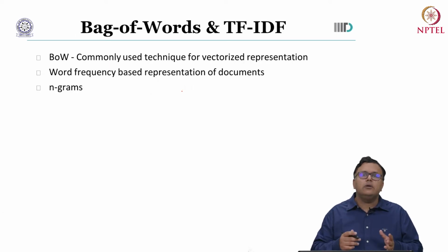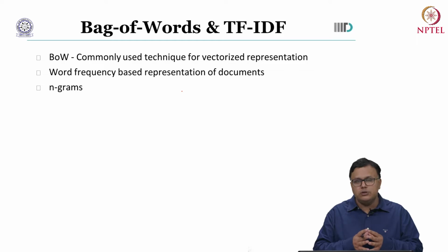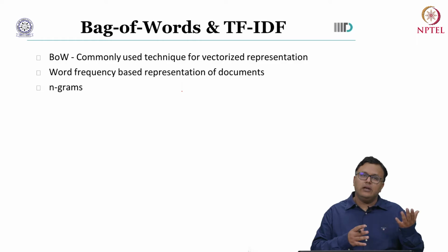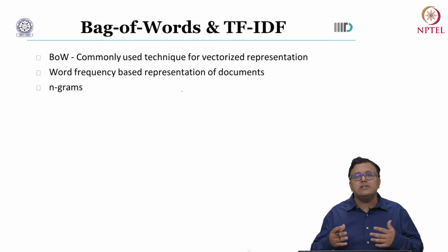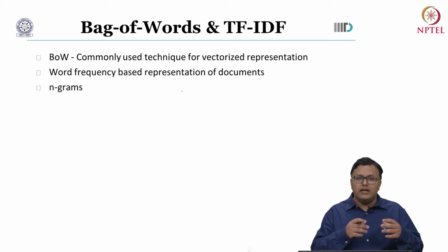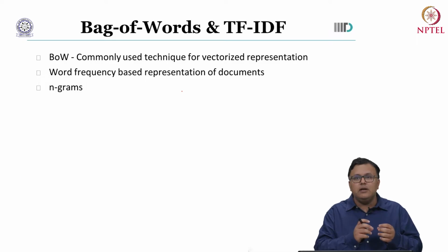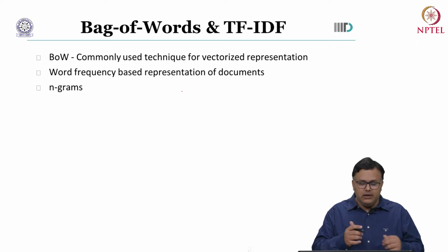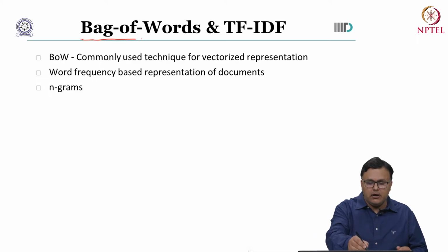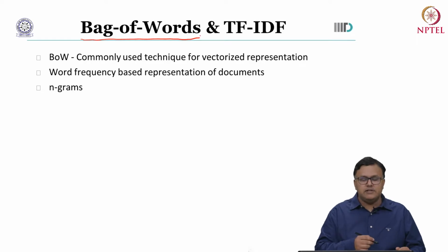Let's start with one of the most commonly used feature representations for text, and to link it to how we were using audio and video for emotion recognition. Recall we discussed that we can have a bag of words based representation, right? We can represent parts of an image or parts of a speech sample as a word, and then create a representation. Similarly, when we are talking about bag of words for text, typically what we are saying is,